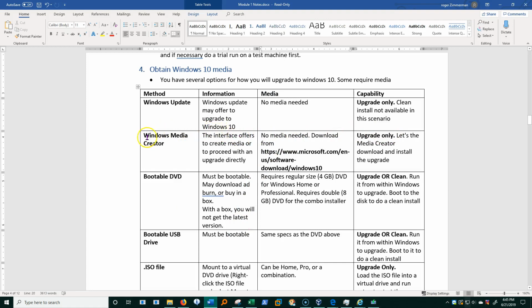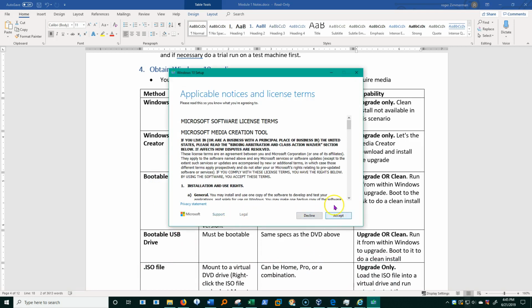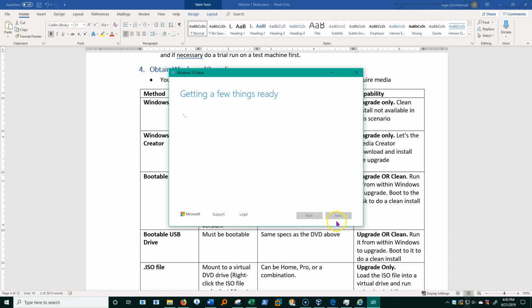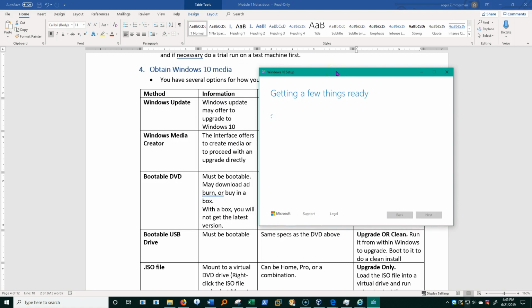And you'll see that the media creation tool really has one interface in it that is going to allow us to upgrade, and it's an upgrade only. However, it will also allow us to create media for a clean install. It allows us to create a bootable DVD or a bootable USB or an ISO file. Let's go back here. We now have the terms, so I'll accept that, and now this is going to take a moment again, and in a moment when this comes up, we're going to see the differences between what we can do with this media creation tool.